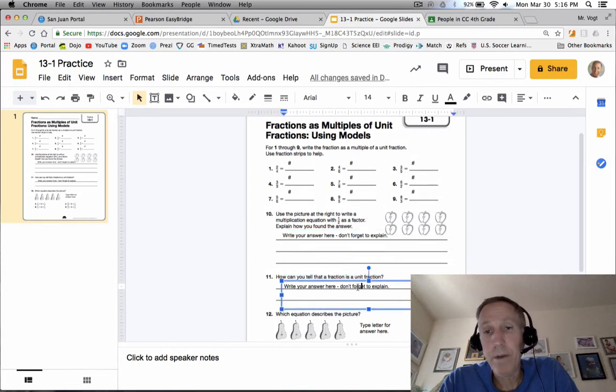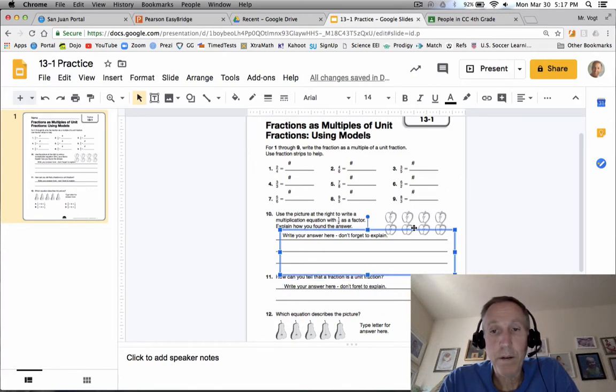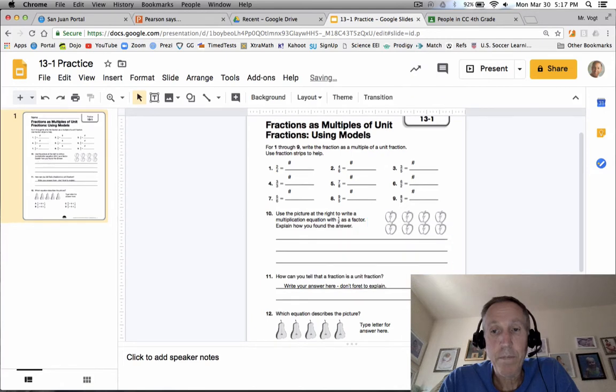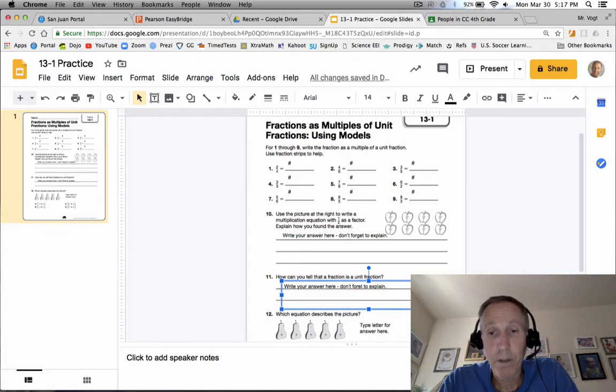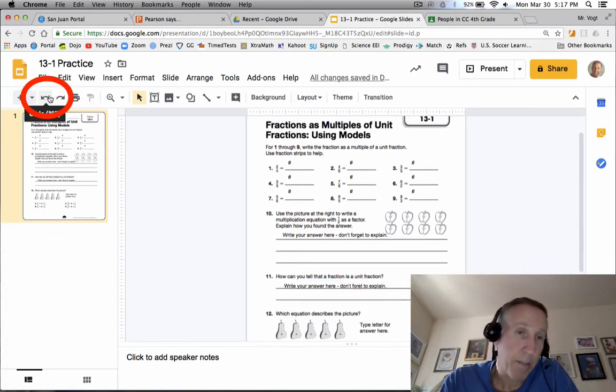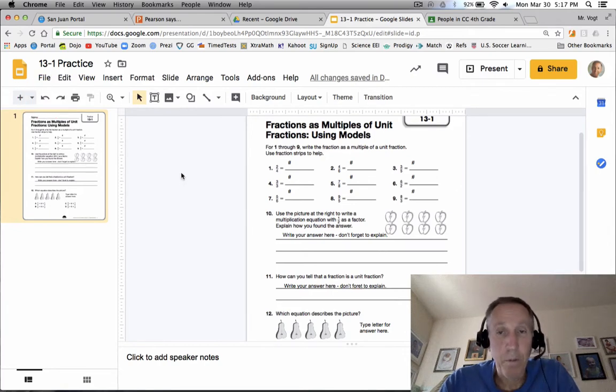I am going to tell them, however, to be careful, because if they hit the delete key, let me try something. If I hit here and then the border, yeah, see, they can delete the answer box, and I don't want them to do that. And so far, I haven't found a way that I could freeze it on there. So when I give them the lesson, I'm going to tell them don't delete the answer box. But I already taught them this year, just like I did, they can hit the back arrow if they ever done something that they want to fix. Anyway, so